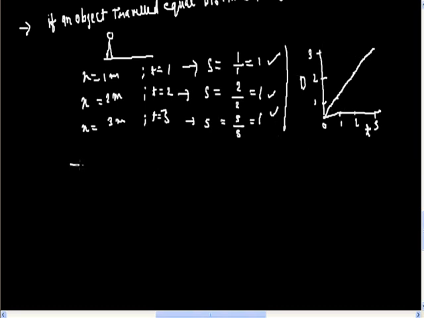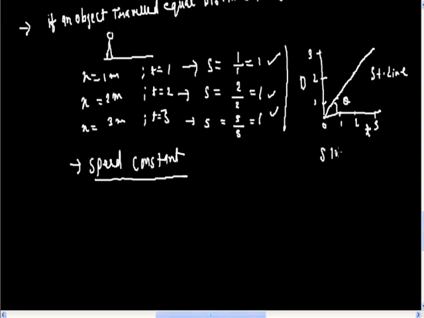Why is it a uniform motion? Because the speed is uniform or constant. In uniform motion, an object moves with a constant speed. The graph shows a straight line. Therefore, the slope of the graph, the angle theta, is always constant. The slope gives the information about the speed of the object, so we can see the speed of the object is also constant.